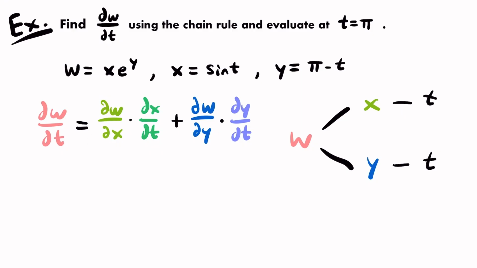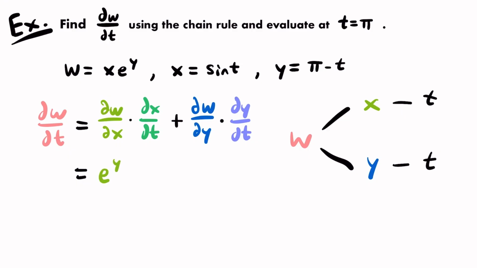Okay, so let's set this up. Let's find all of these derivatives to find dw dt. Starting with the partial of w with respect to x, looking at w here, we have x to the first power times e to the power of y. With respect to x, e to the power of y would just be a constant. So the derivative of x to the first power would just be equal to its coefficient, or the constant multiplied by it. So for the partial of w with respect to x, we do just get e to the power